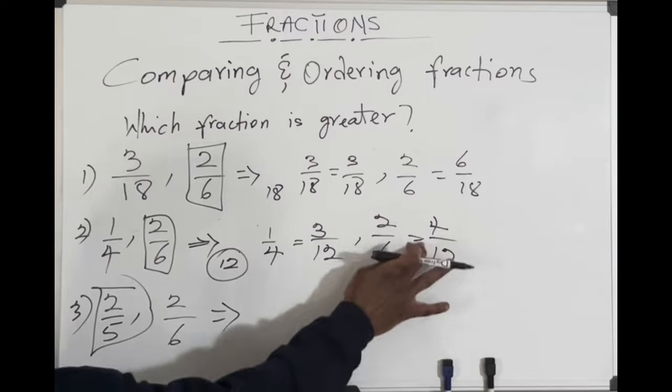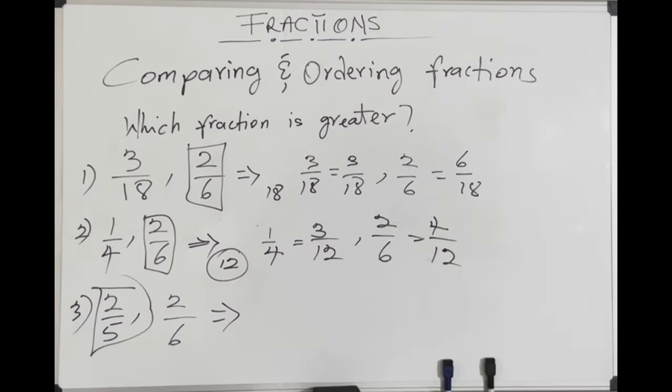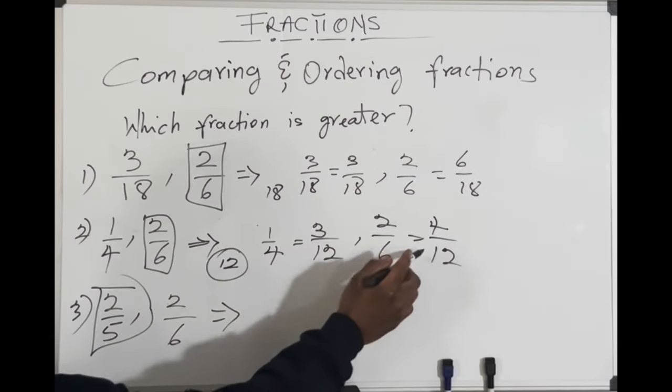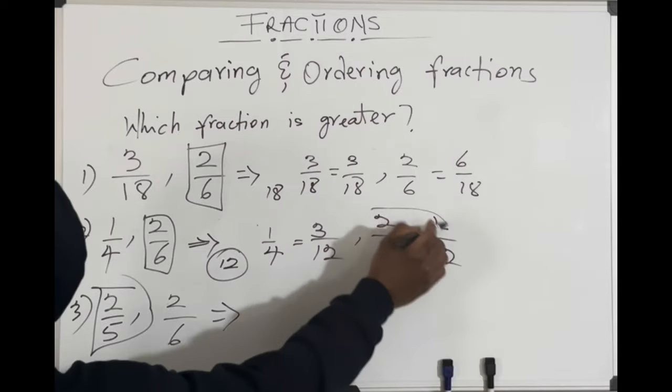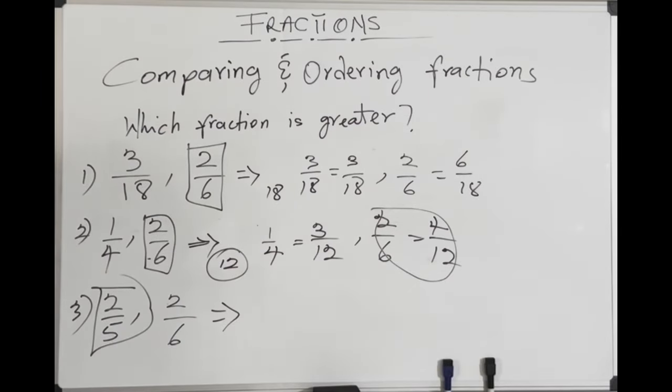3 over 12 and 4 over 12. We made mention that whenever the numerator is larger, that means it's the greatest between the two, or the greater between the two. So 4 over 12 means the same as 2 over 6. So the last question,